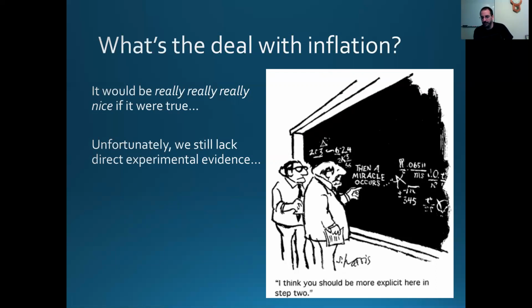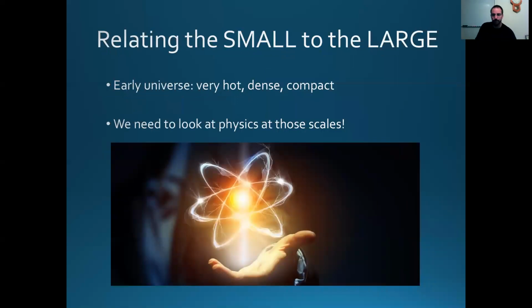One of the telltale signs that it would leave is imprints of polarization in the cosmic microwave background. So that's what folks are looking for right now, these polarization patterns. And if those are found, and there's a good chance that we'll find it within maybe the next couple of years, that would demonstrate whether or not inflation has occurred. And again, it would solve a lot of problems in physics.